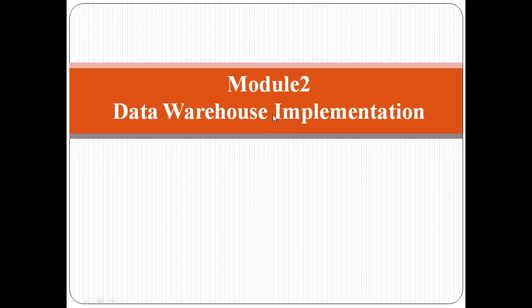We have not seen exactly how we are going to implement the data warehouse, that is, how we are going to get the information from the data warehouse. That we have not studied. In the first module we only studied the basic concepts: how the data warehouse will be present, how the data will be organized in the data warehouse using multi-dimensional data models, what options are available for the data warehouse models, and what kinds of operations we have in the data warehouse model. All these basic concepts you have studied in the first module.